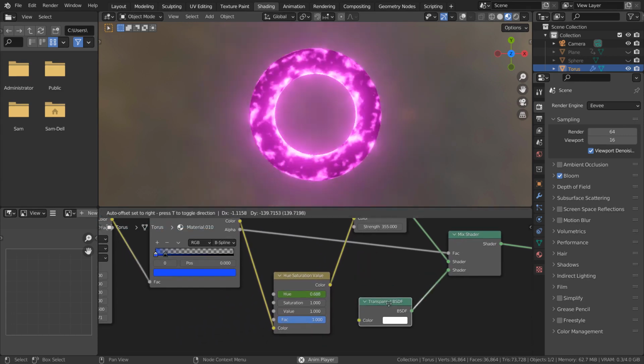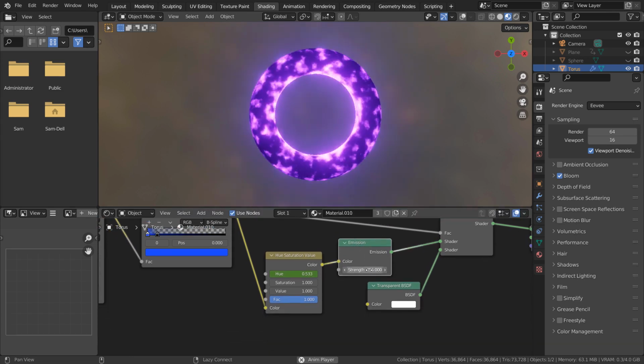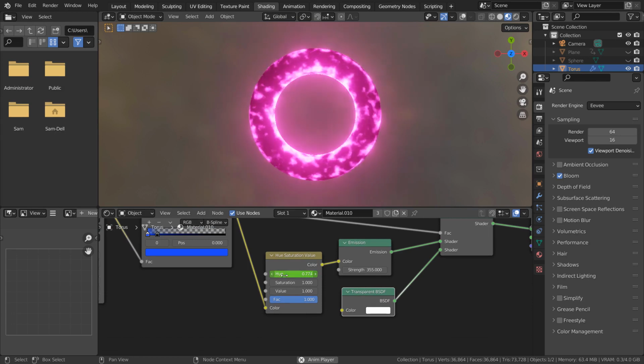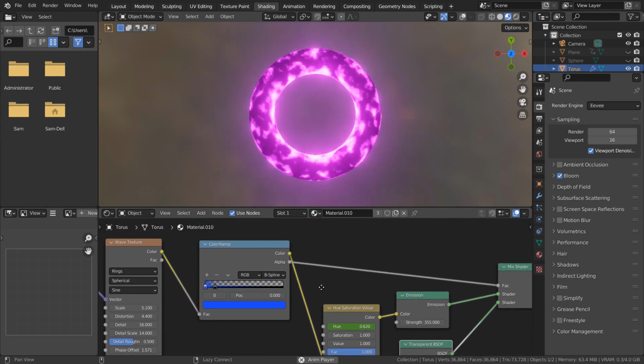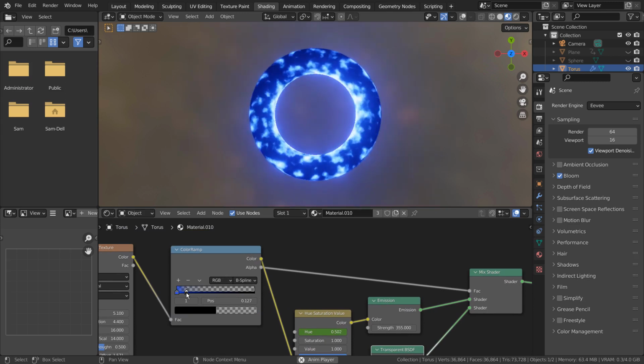Let's take a look at what each node does. We can fully customize how the material appears.